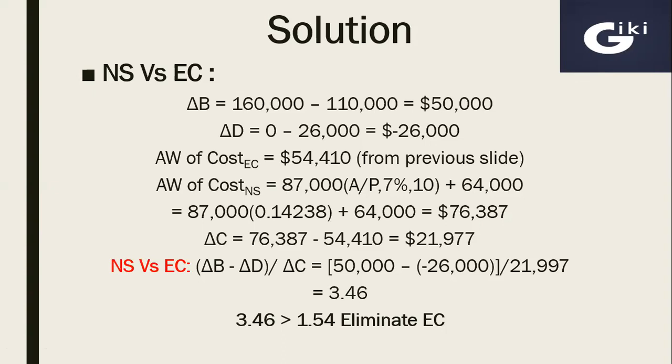So in such cases, first we have to compare the lowest cost option with do nothing. In that case, do nothing will be the Defender and the lowest cost option will be the Challenger. Once we have compared it with do nothing, then we'll compare it with the other project on the basis of incremental B over C ratio. And then we'll compare incremental B over C ratio with B over C ratio of the previously selected option, whether it is do nothing or lowest cost option.